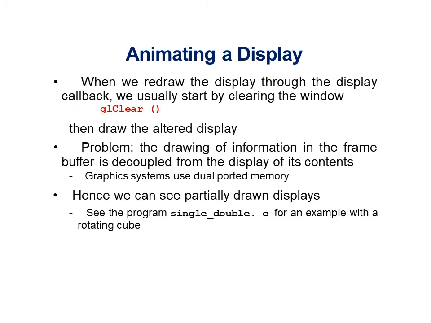But the problem here is that we are going to mix up this information with the frame buffer, that is the contents of the memory. Because the memory is part of the graphics system, we should not corrupt it. So what we are going to do is make use of an extra buffer. That means the frame buffer will have the front buffer and the back buffer. We are going to make use of two buffers for transmitting the information for animation.